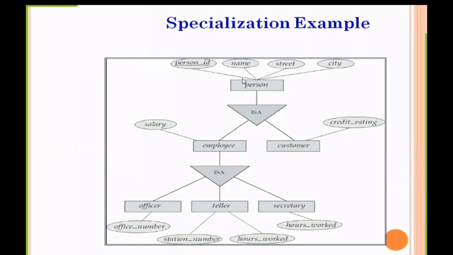As we are coming down, we are making our table specialized. How are we making it specialized? Because we are adding additional properties apart from having the previous properties from the super class. We are adding some additional properties inside the table. That means we are making the table specialized, right?